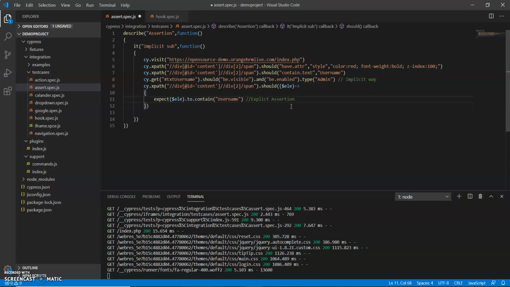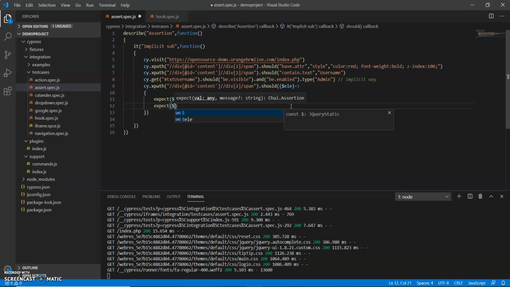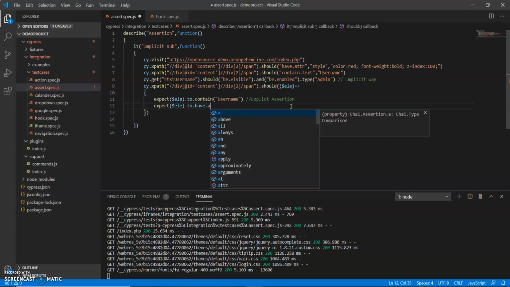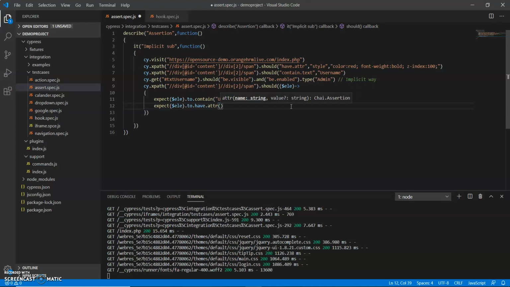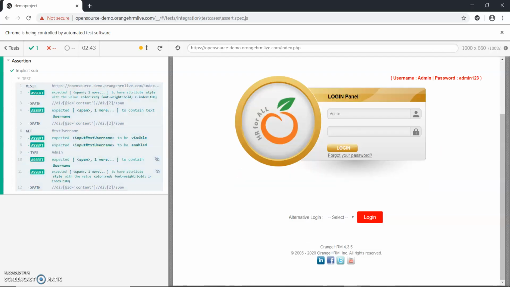And what I do, I put one more assertion also, expect ele, to have dot attr, and what we have to do is copy this. So this is the same assertion which we used here, and I will run and check whether it will work in this way or not.